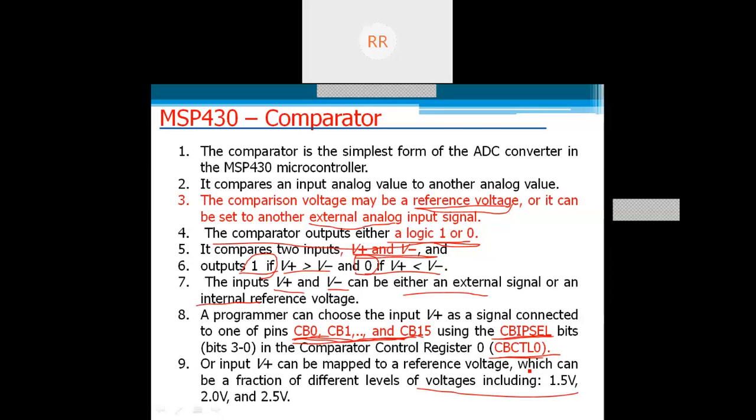So here we will have 16 input lines for the comparator input source. The reference voltage, if you recollect from the A to D converter in the previous session, we'll be having different reference voltages: 1.5 volts, 2.0 volts and 2.5 volts.